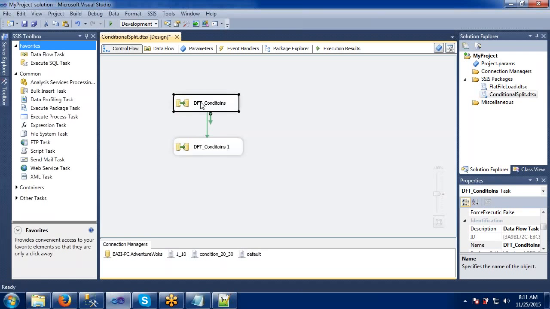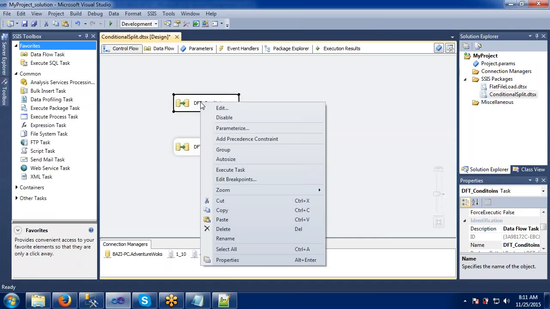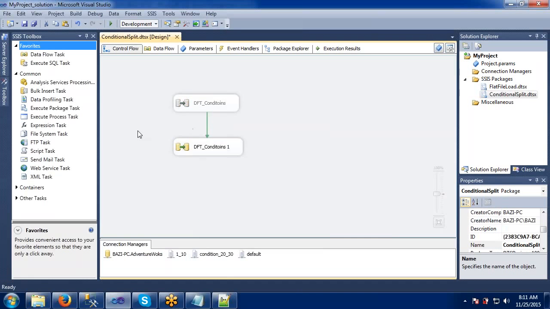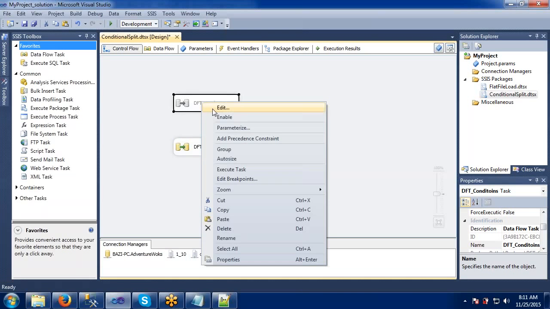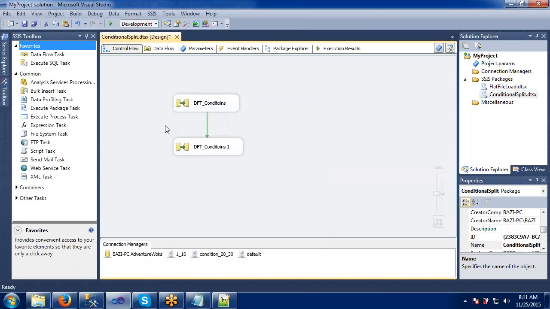That is your requirement. Select the first one, right click, and make it disabled. It won't touch your first condition. It will start directly from the second task here. Like this we can apply anything here, and enable it again.